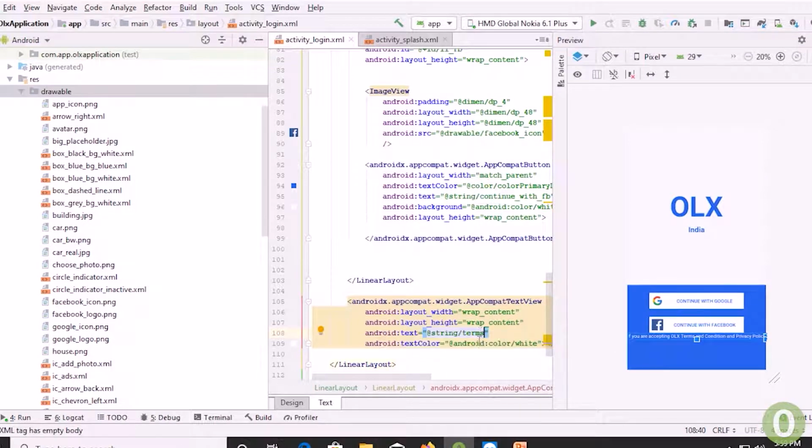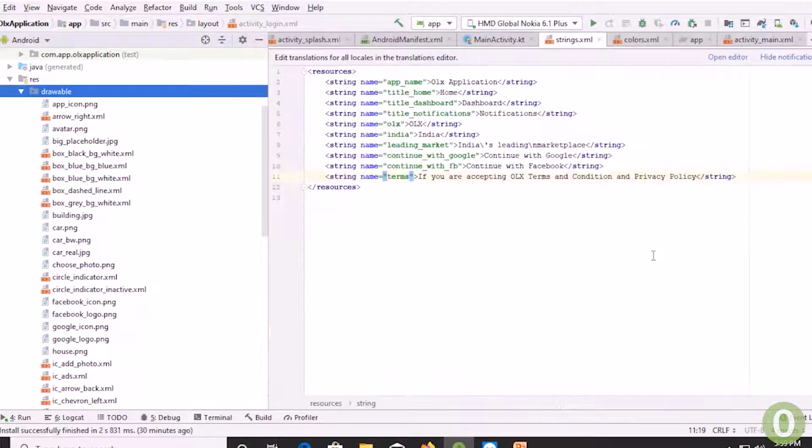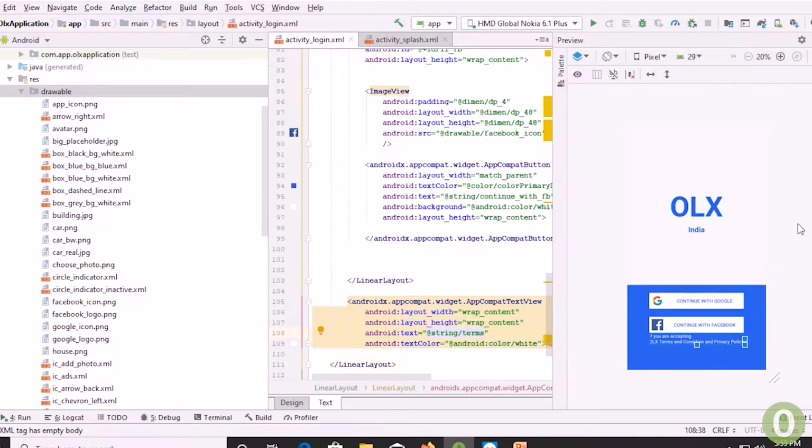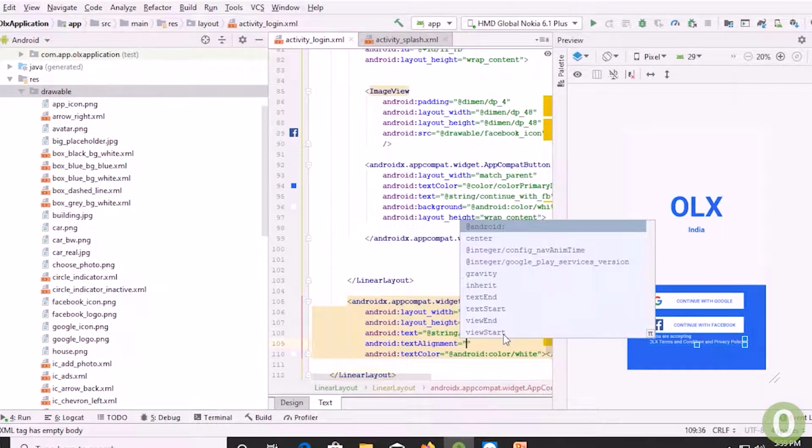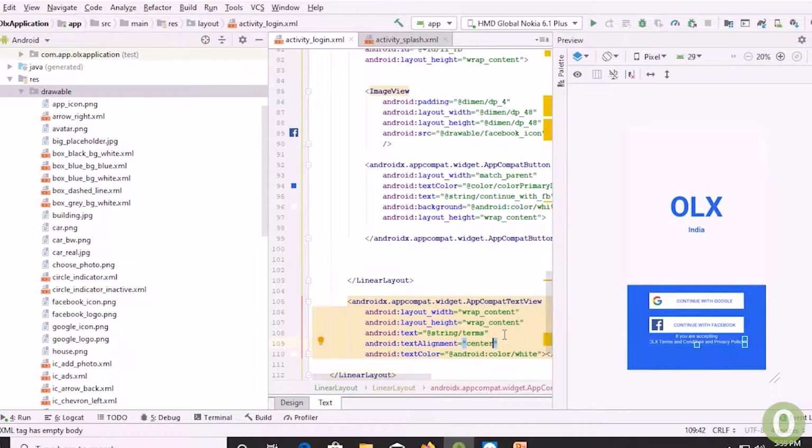So you can see the text, and now I need to break them, so accepting /n and give it the text alignment to center. Yeah, now it looks good, and gravity